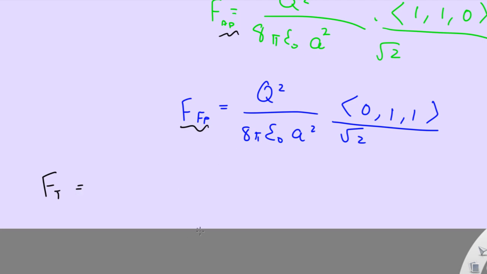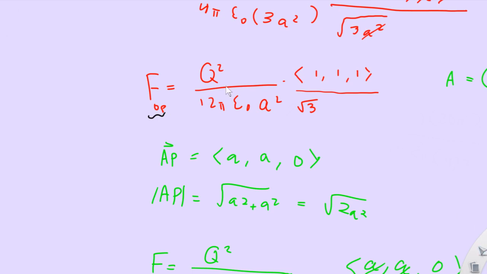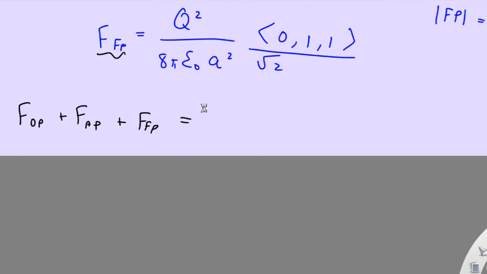So you do FT is equal to FOP plus FAP plus FFP, which is equal to, if you want to start writing it out, I'll just write out... I don't feel like scrolling up. Actually, I guess what I can do is take this, copy that, paste it, where'd it go? Paste it,